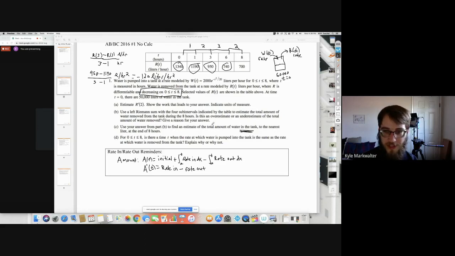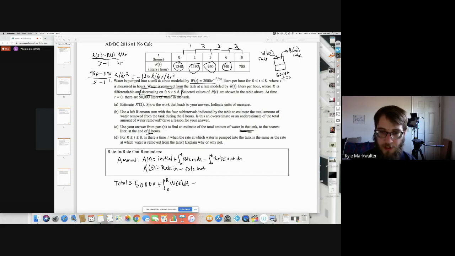Use your answer from part B to estimate the total amount of water in the tank. So the total amount of water is going to be approximately my initial amount, 50,000, plus the integral of the rate in. We know the rate in is W of t, so it's the integral from 0 to 8, since I want to approximate at the end of 8 hours, of W of t dt, whatever that integral will be,